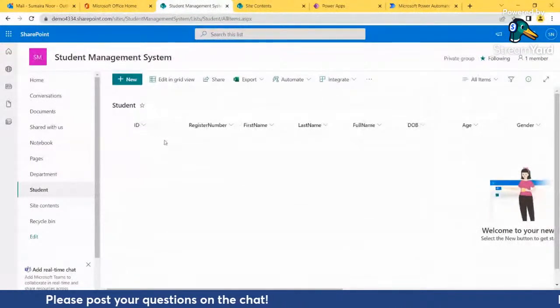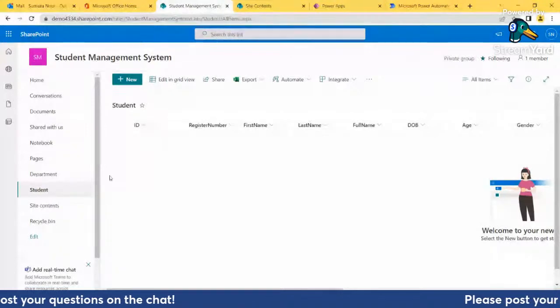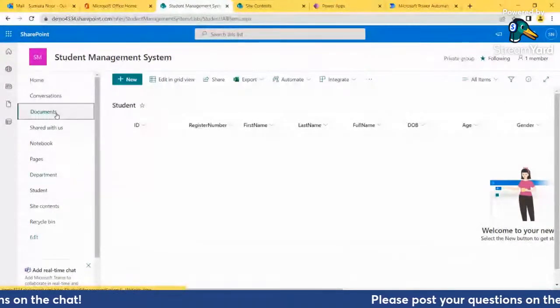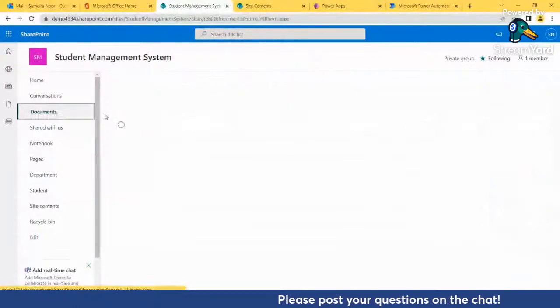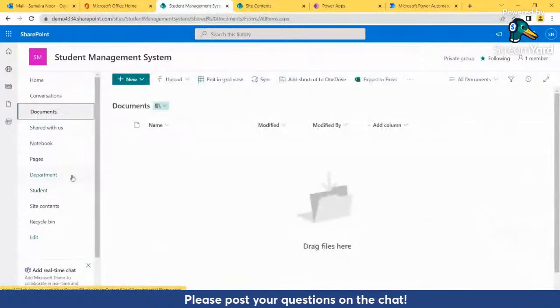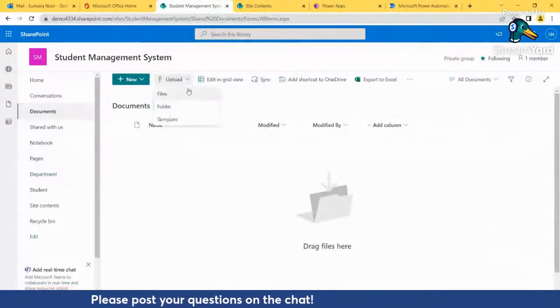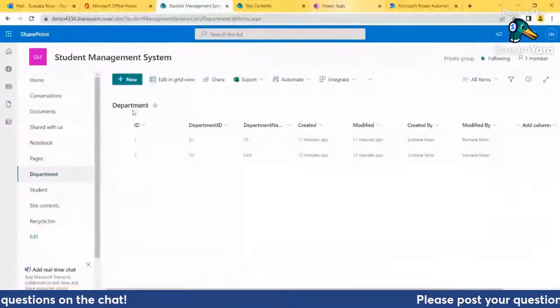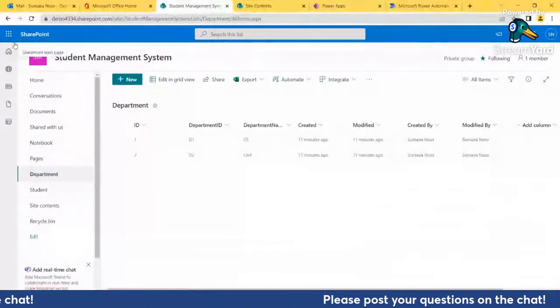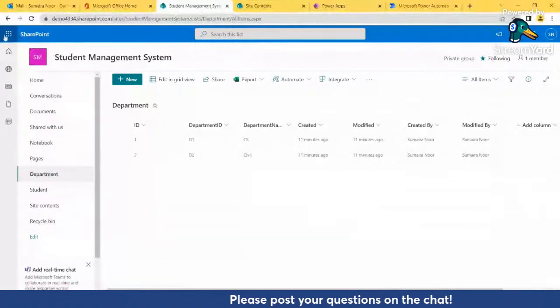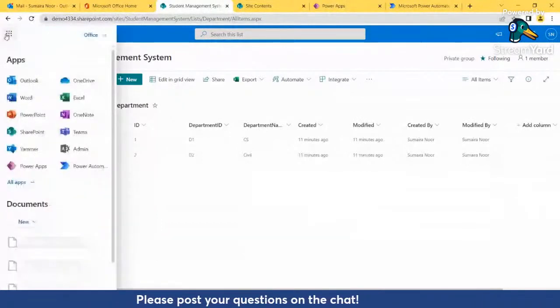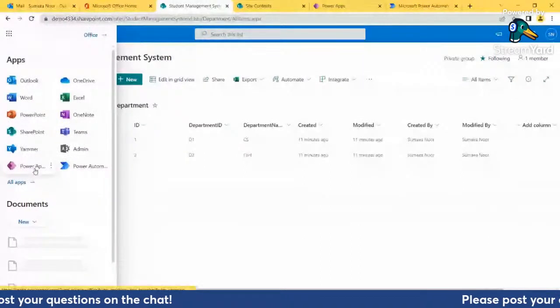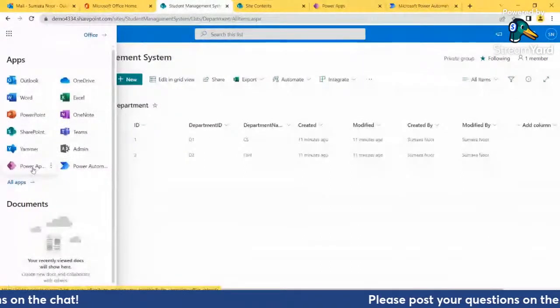So this was about SharePoint, and here we can also store the documents under the document library. We can upload documents here. And coming to Power App, we have the app launcher in almost every product here. When I click on this app launcher, it will show me the apps listed here. I can click on Power App,